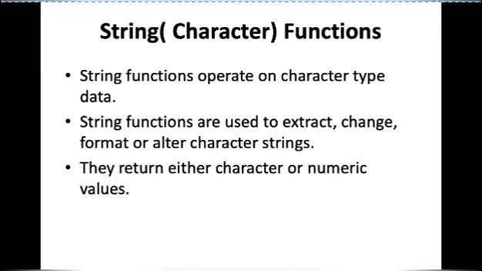So these functions operate on text values or string values, or you can say char or varchar values, and can return either a character value or numeric value also. As I have already discussed with you in brief, the length function takes a string as parameter and returns the length of that string, the number of characters in that string.